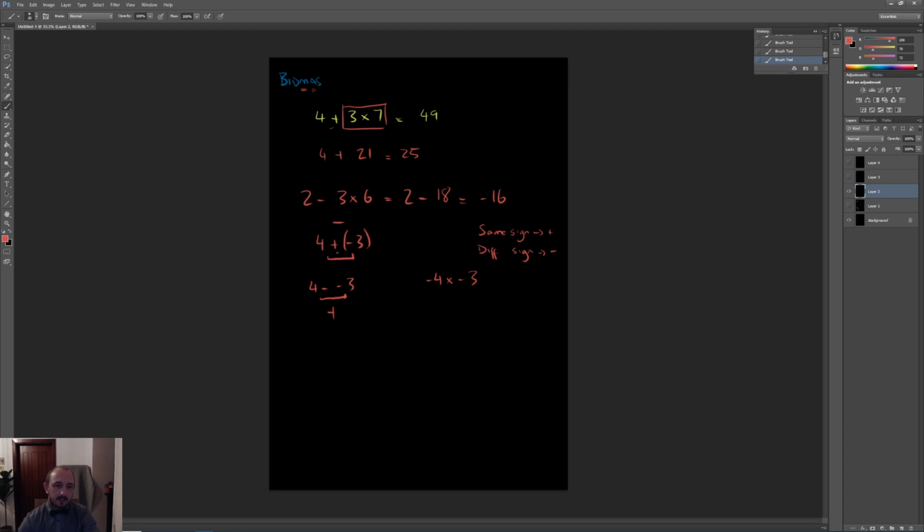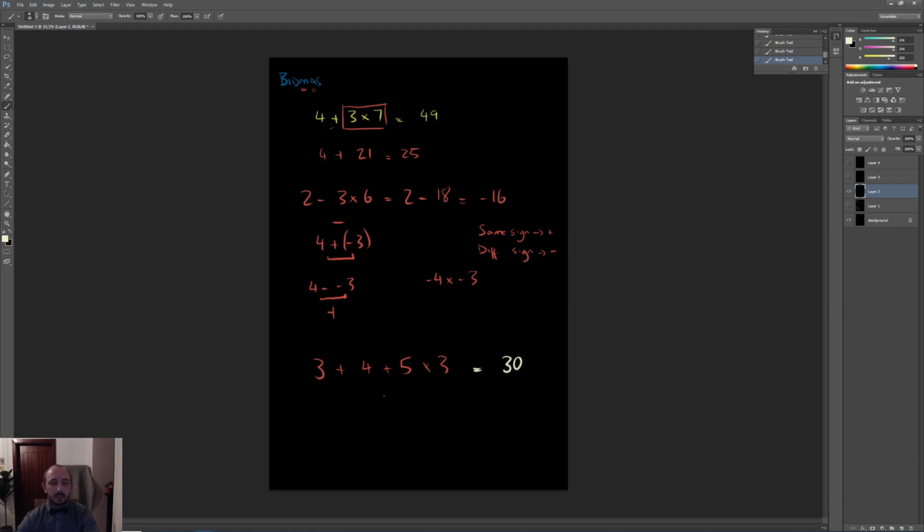This is only when the signs are in contact like this. Okay, you might be required to do something like 3 plus 4 plus 5 times 3, and you could add some brackets to this to try and get certain numbers. So let's say we wanted to get 30. Would you be able to put some brackets around some of these numbers which would encourage us to get